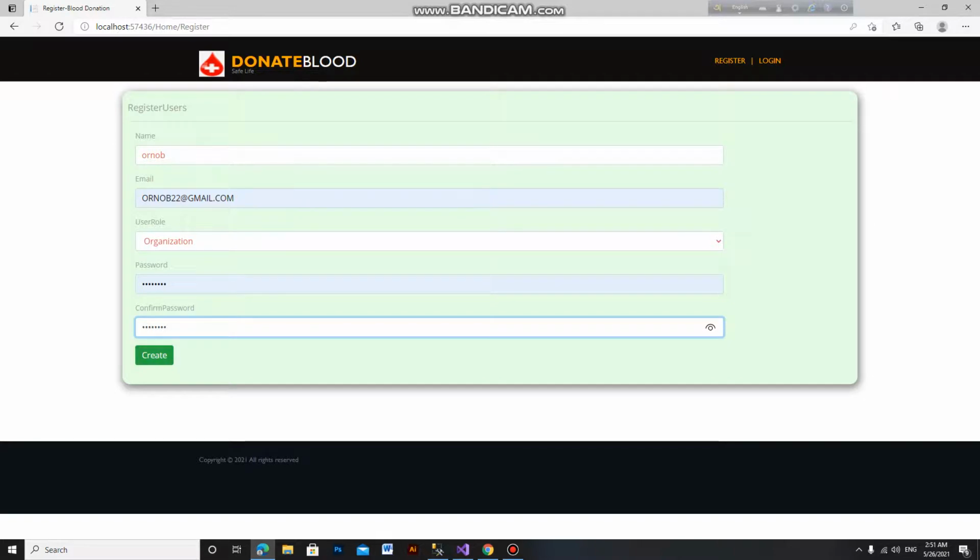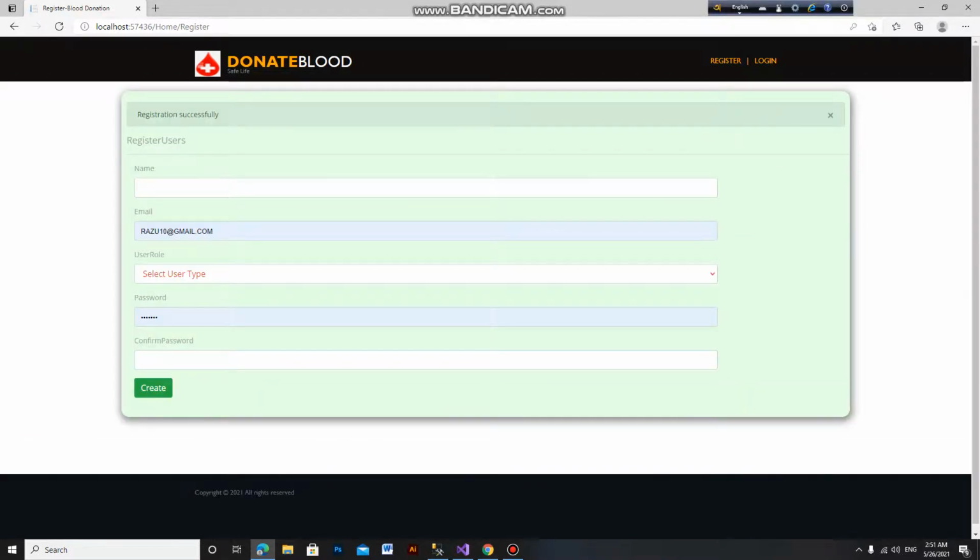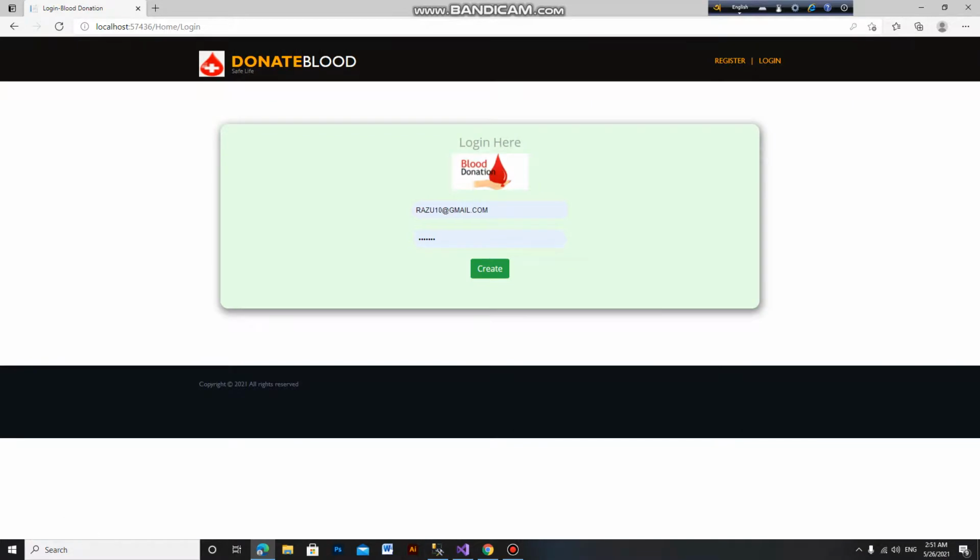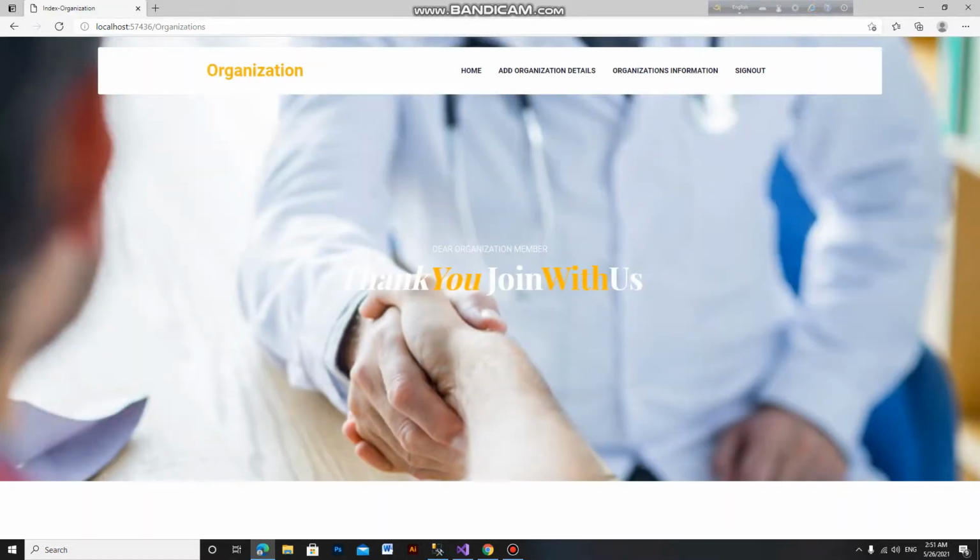Then we create, registration successful. So we log in here and input password, create. This is the organization home page.